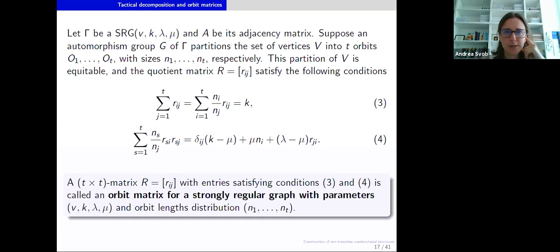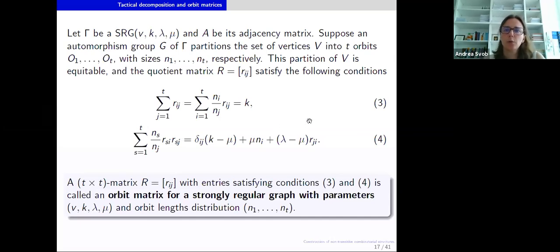We can suppose that an automorphism group of the strongly regular graph gamma partitions the set of vertices into t orbits, each of size n_i, where i goes from 1 to t. This partition is equitable. And it can be easily seen that the quotient matrix R that has elements R_ij